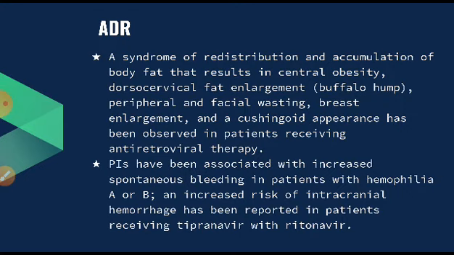Dorsocervical fat enlargement, right, near the shoulder, a lot of fat gets enlarged, which is called the buffalo hump. Peripheral and facial wasting, breast enlargement and a Cushingoid appearance, like Cushing syndrome symptoms, have been observed in